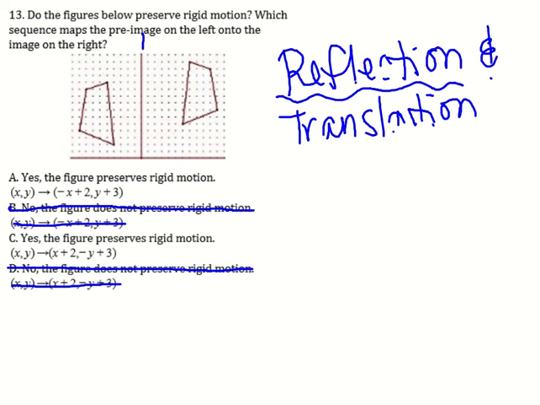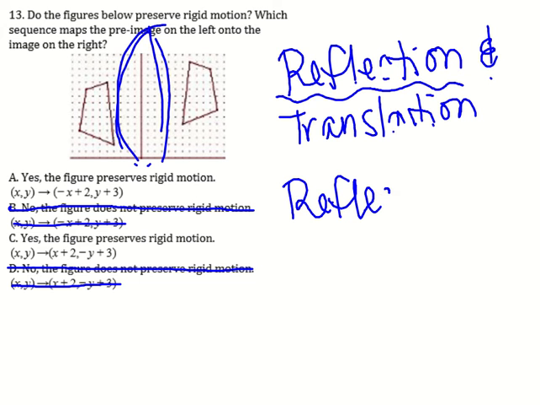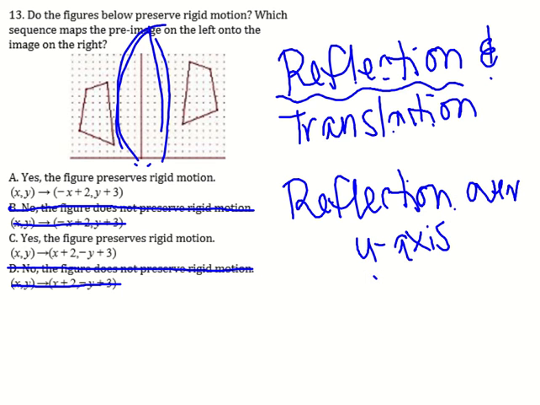So the reflection is going to be not necessarily over the y-axis, but a vertical line somewhere in here, which is going to make it look like a reflection over the y-axis. So in that case, the rule for that is the x value is the one that changes, not the y. So if I look at my answer choices,